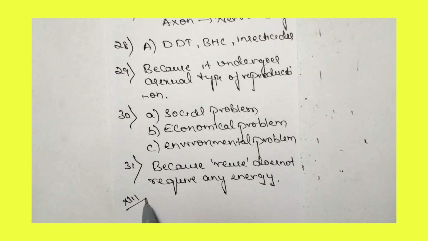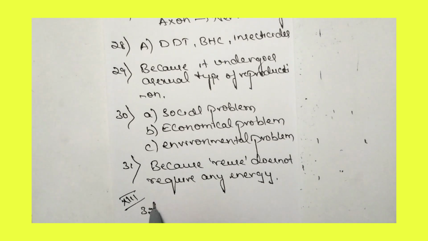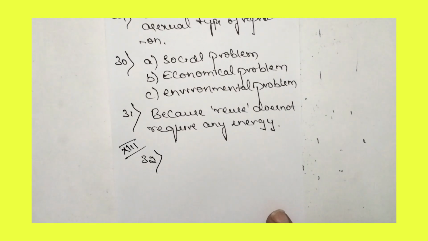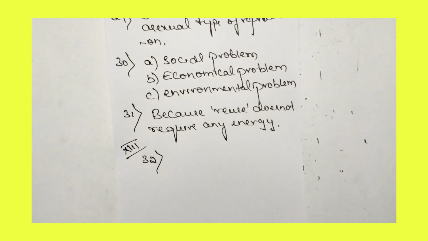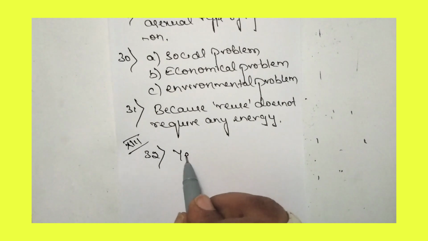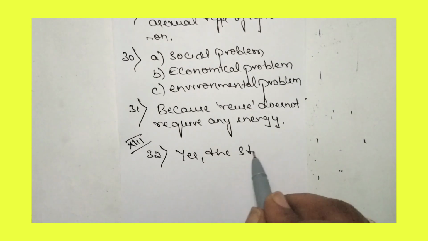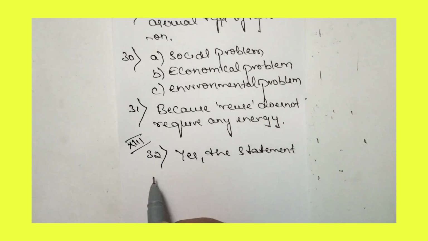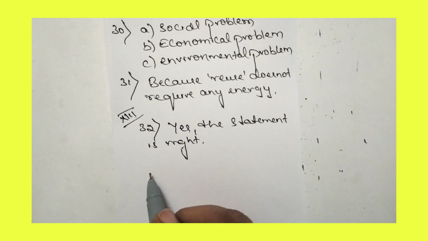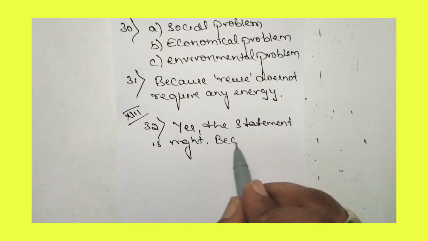Now let us move to the next question, that is the 32nd question. The 32nd question is like this: functioning of reflex arc is more efficient than the thinking process of the brain. Clarify this statement with scientific explanation. Yes, the statement is right, because